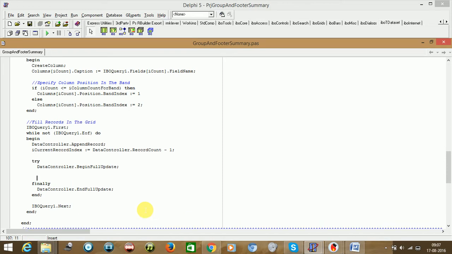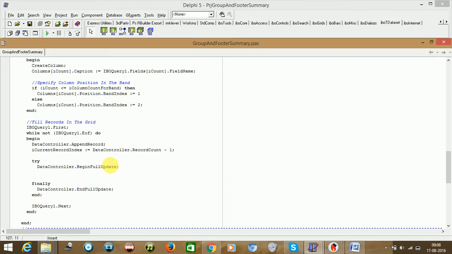Whatever insertion code you are writing here will be faster. This end full update we have put into the finally, because if the code gets aborted abnormally, the grid will behave very abnormally. So whether there is an error or not, the end full update has to be executed.